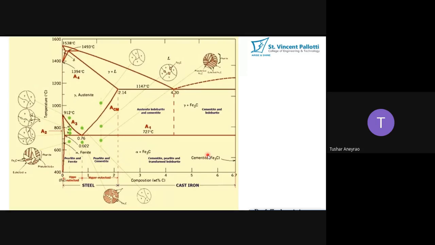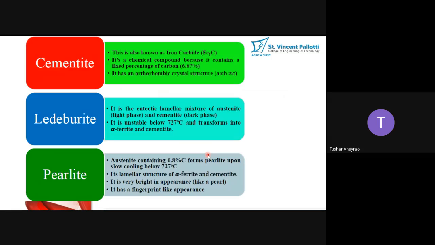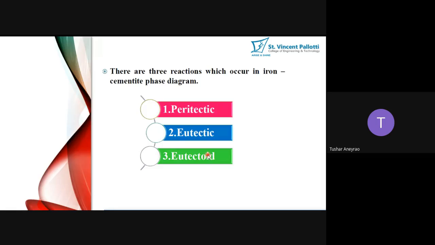This is the iron carbon phase diagram. We have to study this diagram. So now we know all the phases that are present in the iron and carbon mixture. Okay, so let us quickly revise the phases. Whenever we are talking about the phases of iron and carbon, at that time you should always write down about six phases: alpha ferrite, austenite, delta ferrite, cementite, ledeburite, perlite. Where these phases are in this iron carbon diagram, let us see.